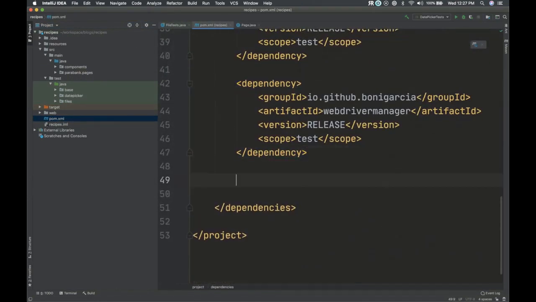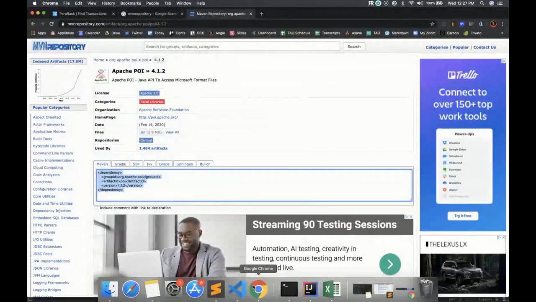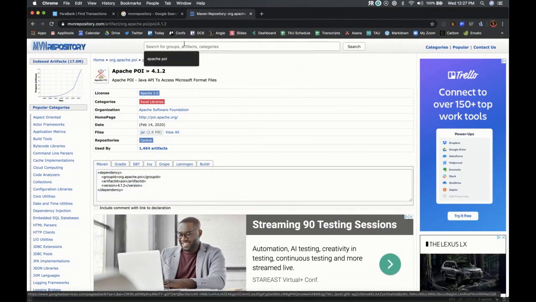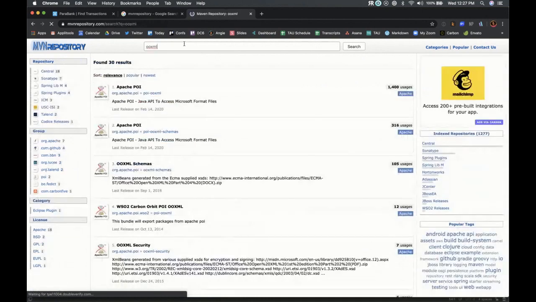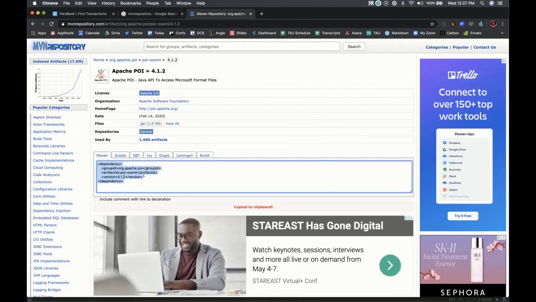So boom. And there's two. There is the Apache POI and then like an OOXML or something like this. Yeah, this one. So it's two.